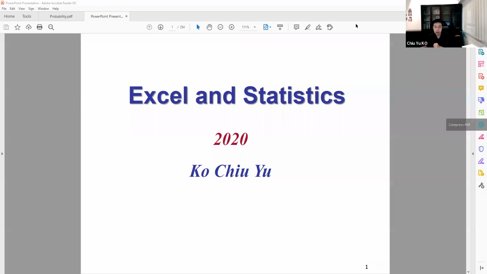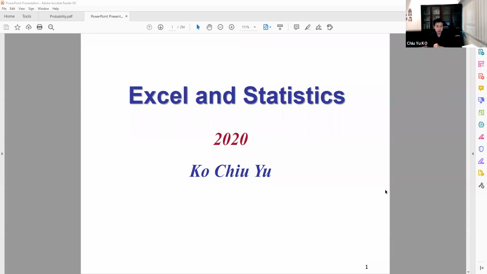Of course, some of you may find this a little bit too easy, but we just want to make sure everyone is on the same page. So we'll get quicker later, but at the moment we will start from the beginning, assuming you have absolutely no knowledge of Excel. Okay, so let us begin to talk about why we need to